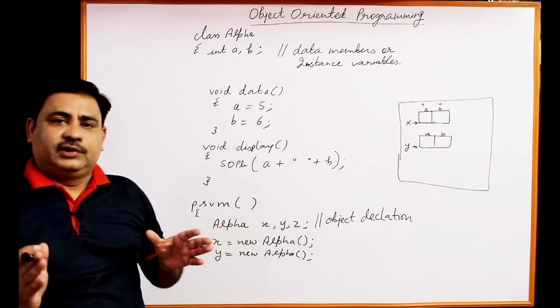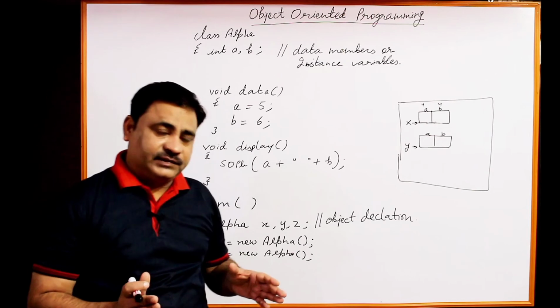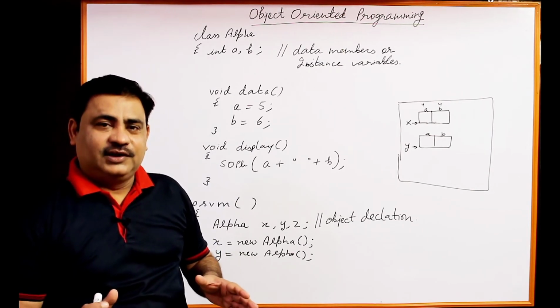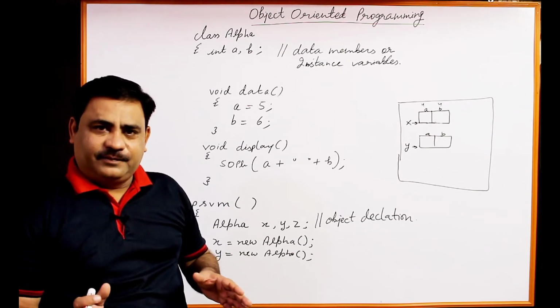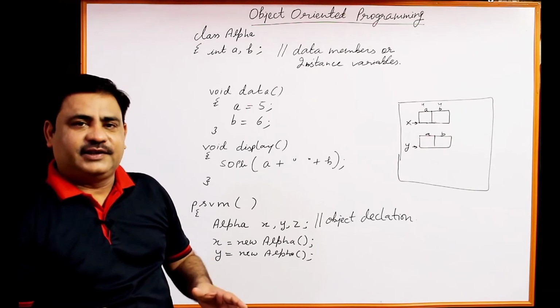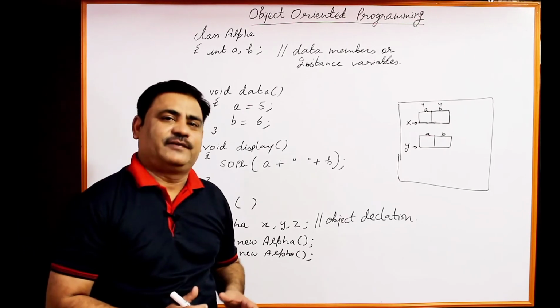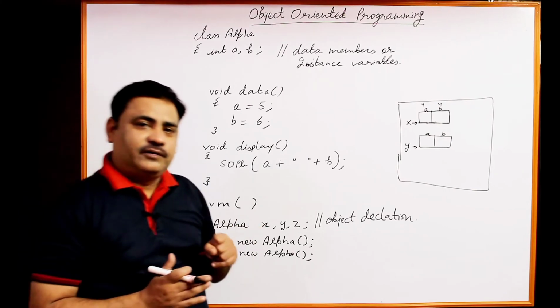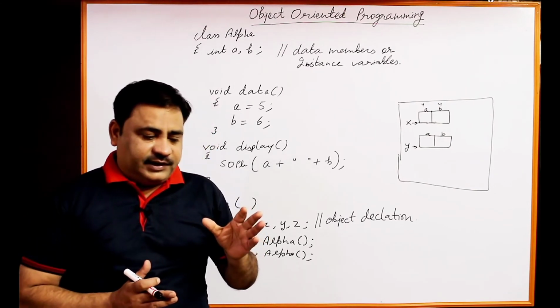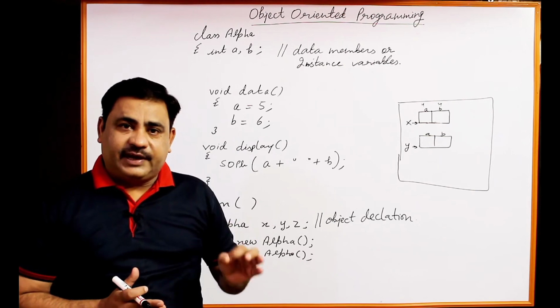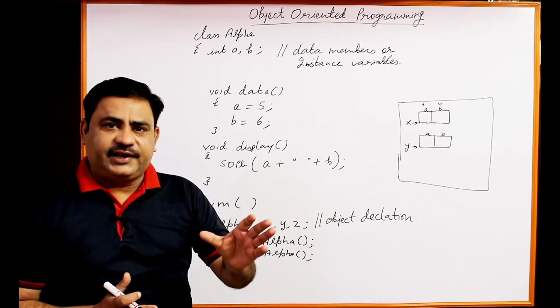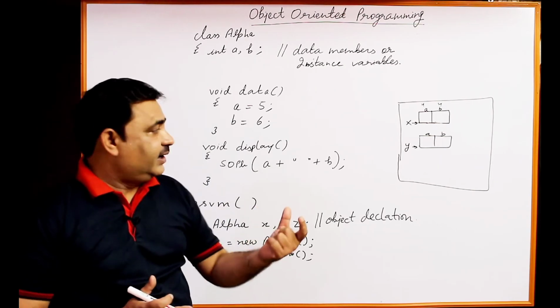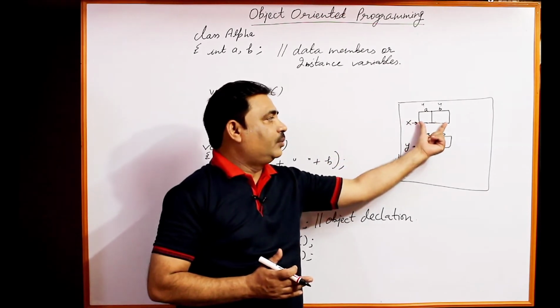Any number of objects you can create. That's why class name is called user defined data type or object factory. That's why class is called object factory. So we can create any number of objects, but the main thing is that a software object has 3 properties: state, behavior and identity. State means size occupied by an object. There are 8 bytes of size occupied by an object.